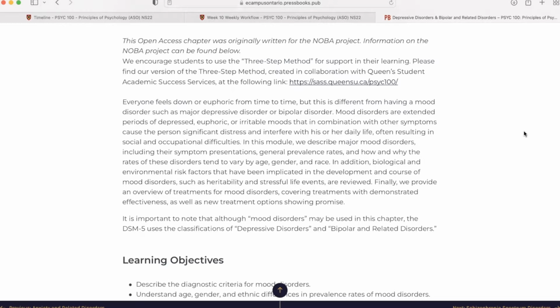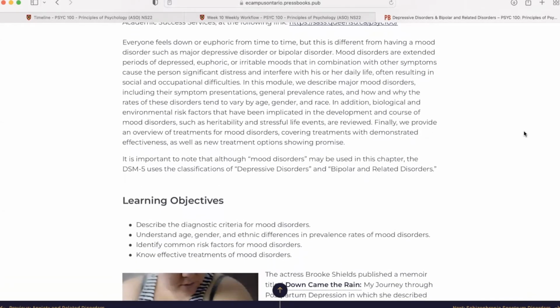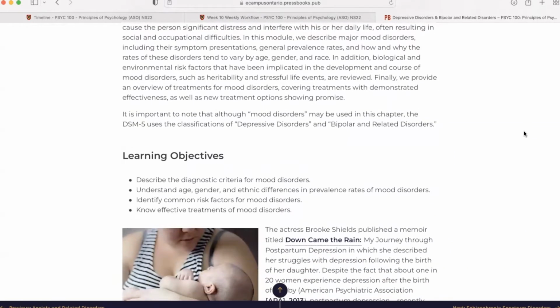In this module, we describe major mood disorders, including their symptom presentations, general prevalence rates, and how and why the rates of these disorders tend to vary by age, gender, and race. In addition, biological and environmental risk factors that have been implicated in the development and course of mood disorders, such as heritability and stress life events, are reviewed. Finally, we provide an overview of treatments for mood disorders, covering treatments with demonstrated effectiveness, as well as new treatment